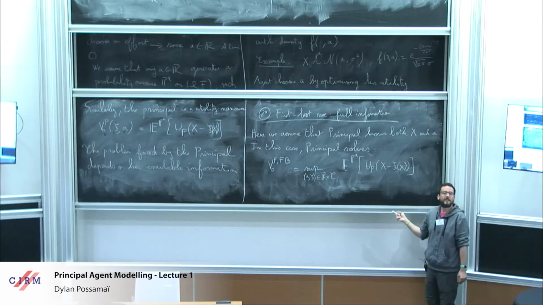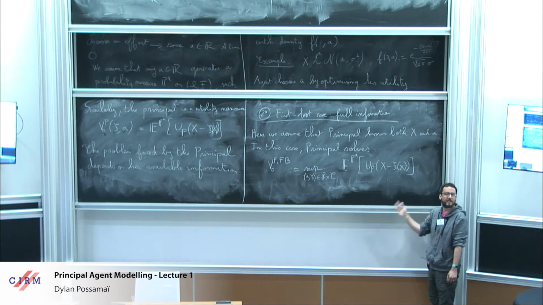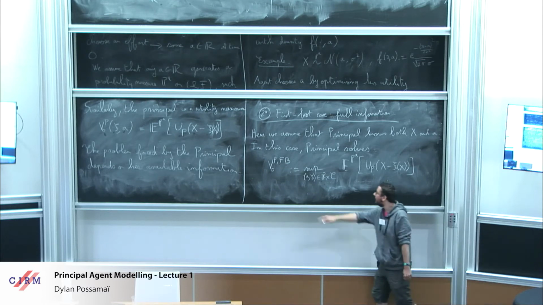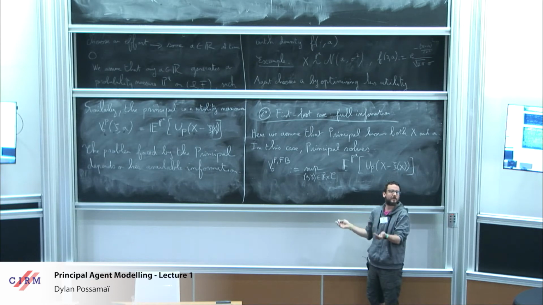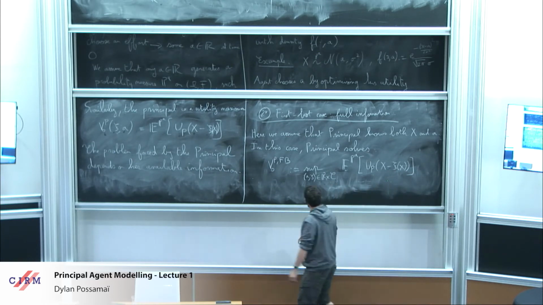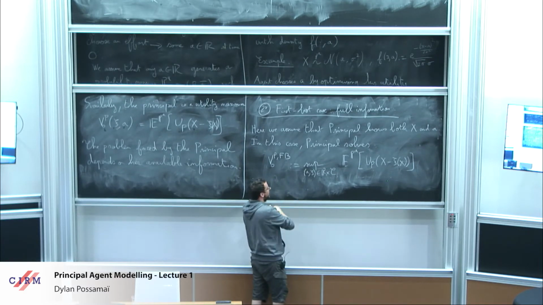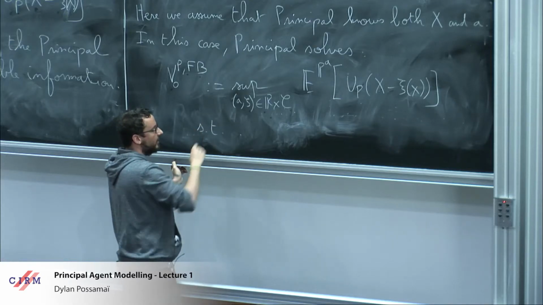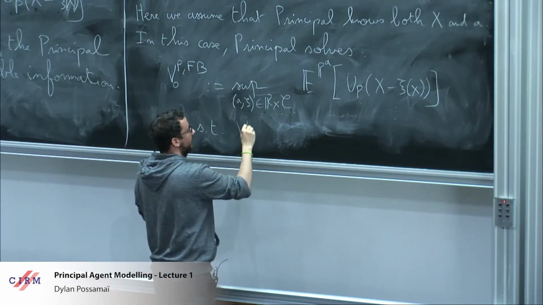If I only write this, the problem is kind of trivial. I don't pay anything to the agent. I actually ask him for money, and I make him work as much as possible. So if I just put this, the problem is going to be degenerate automatically. So if you want to avoid that, we're going to add a constraint here. And the constraint is that,